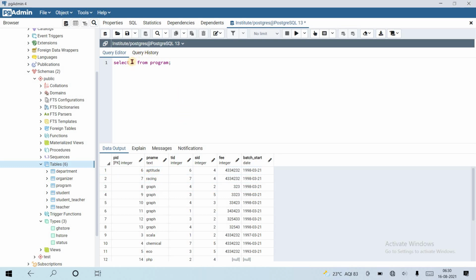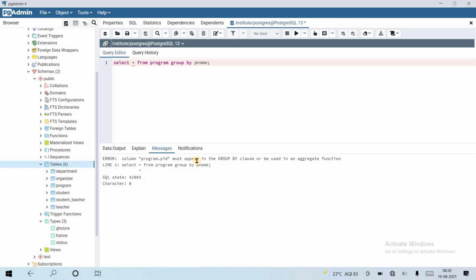Okay, let's see. We want select star from program. Suppose we use group by pname without any other select. It gives me an error that column program.PID must appear in the group by clause or be used in an aggregate function.